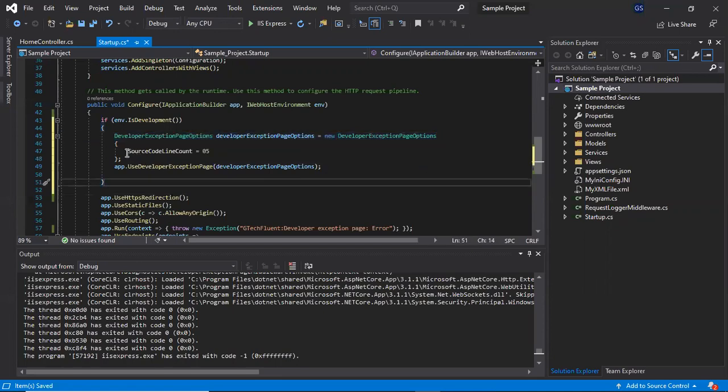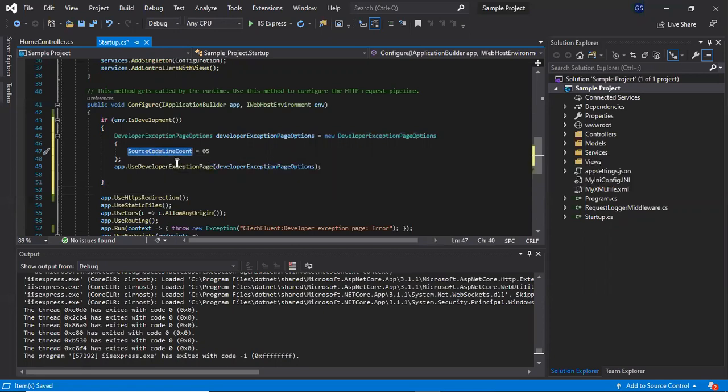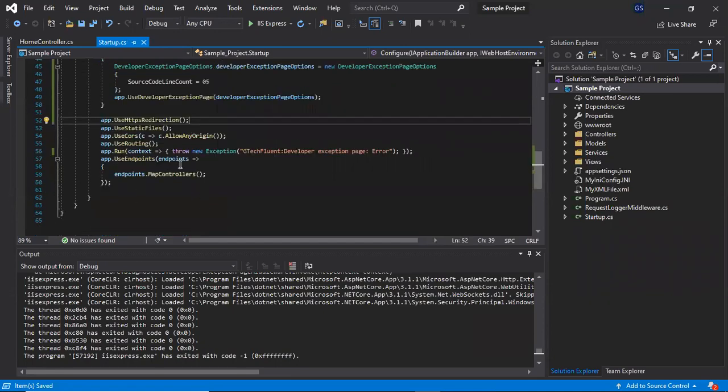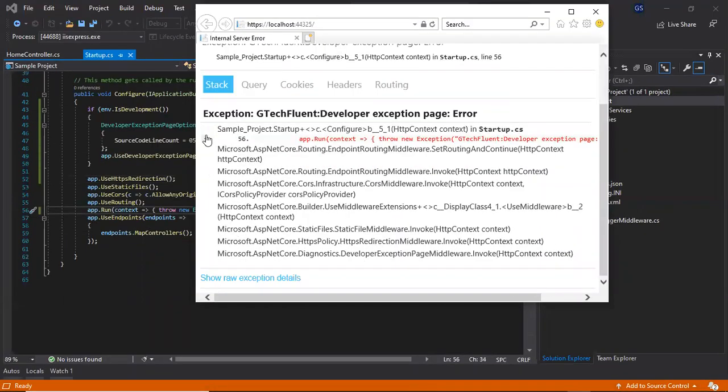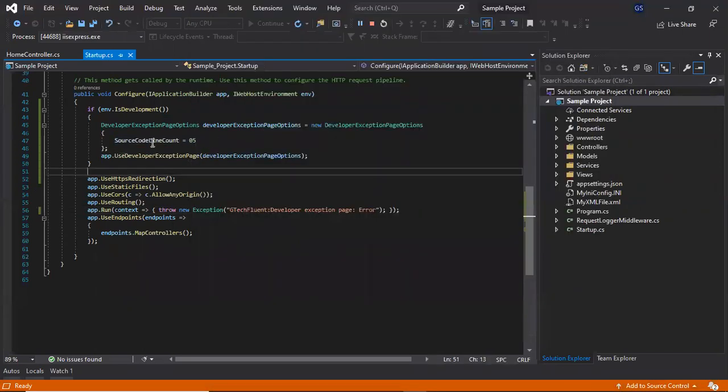Inside this, SourceCodeLineCount indicates how many lines should be shown before and after the line where the exception occurs. Let's run and see. If you expand this, notice our exception occurred at line number 56. Before this we only get 5 lines, and after this we only get 5 lines. This is the configuration which limits the code lines included in your developer exception page.